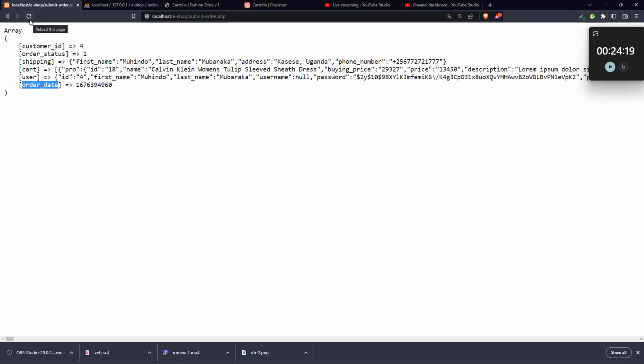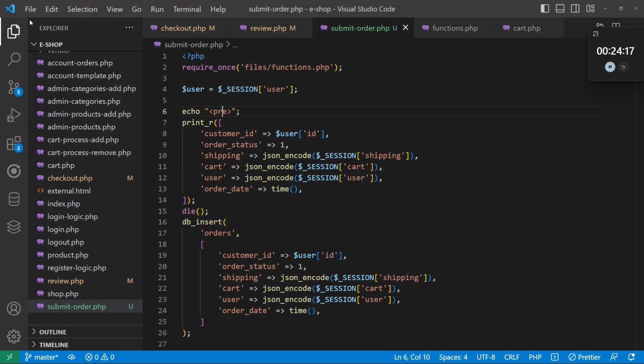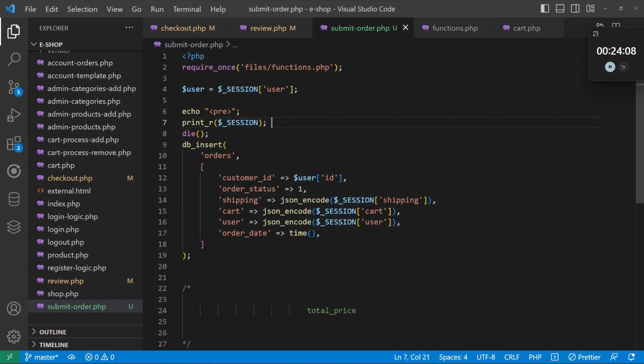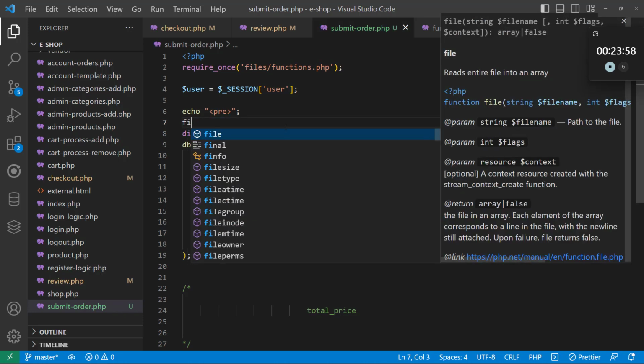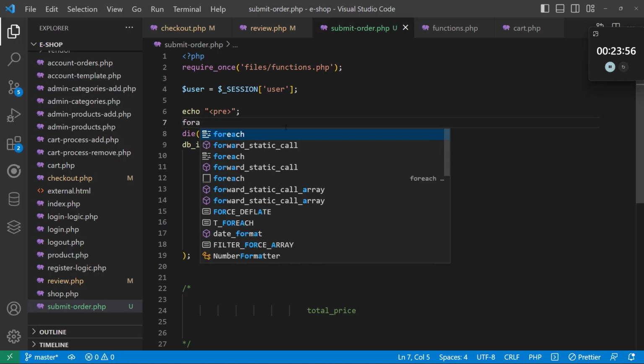So what's remaining right now is to get the total price. If we want to get the total price, of course, we'll need to loop through the products in the cart, and then be able to generate the total price. So if I want to do the shipping, that's the place where you do all this logic. So I'll just simply come and loop to process the total price. So I say foreach,